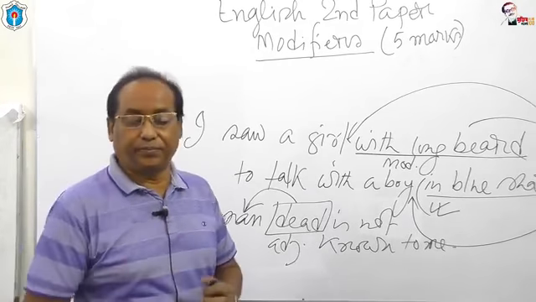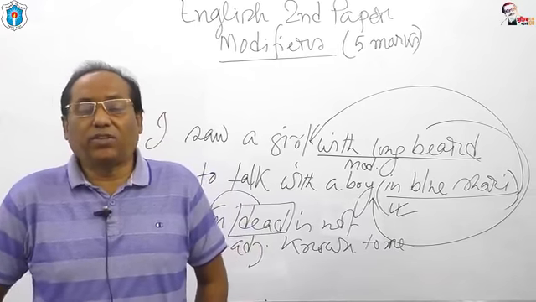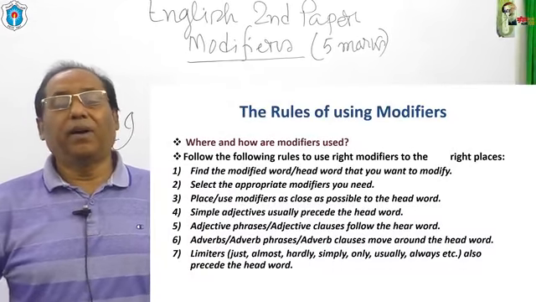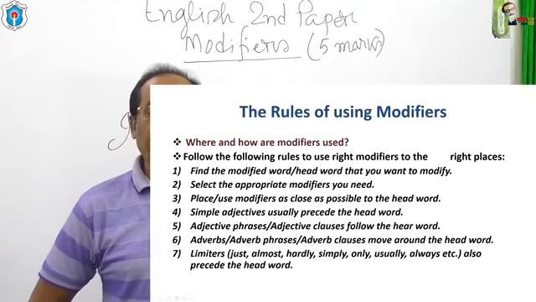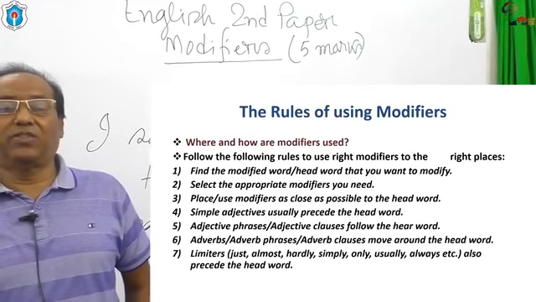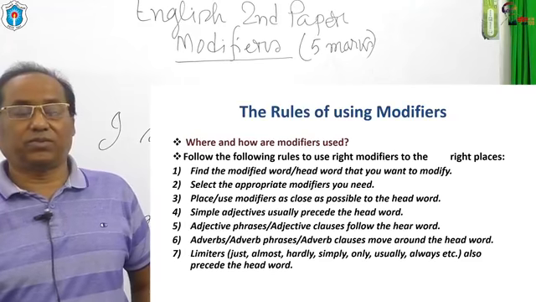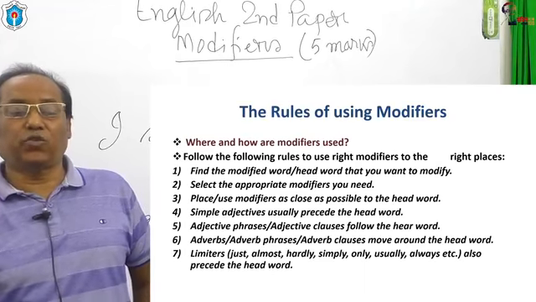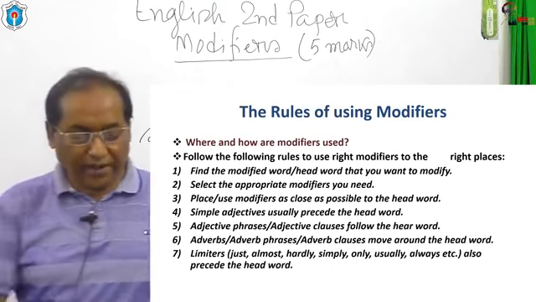Next point, adjective phrases and clauses usually come after the head word. Okay, the boy who came here is known to me. Who came here is an adjective clause. Adjective clauses and adjective phrases are usually used after the head word. Next point,